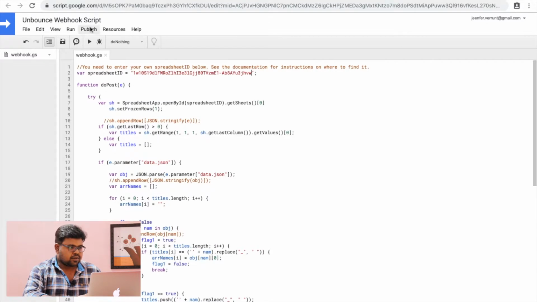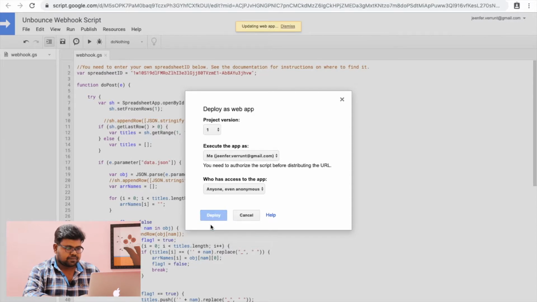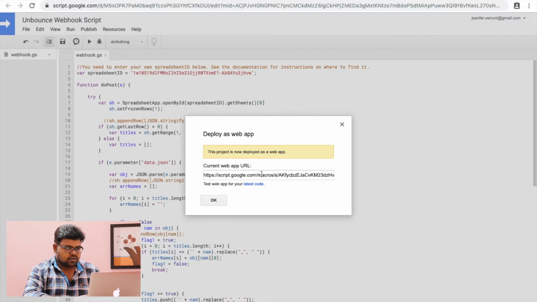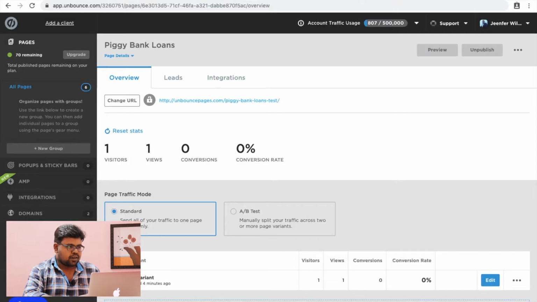The next step is to go to Publish and then Deploy as a web app. Just name it new. You don't need to change anything here, and the only thing you need to change is who has access to the app. Click anyone, even anonymous. This is important to write the lead data to this sheet, and click Deploy. So you will get a web app URL for the script. Just copy this, click OK here, and now go back to your Unbounce dashboard